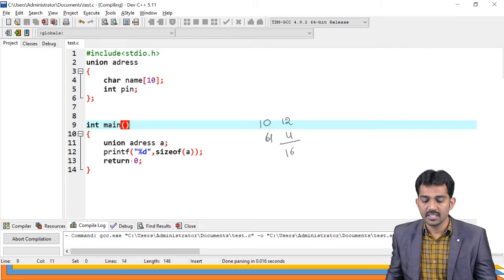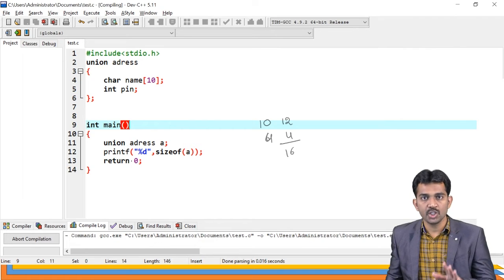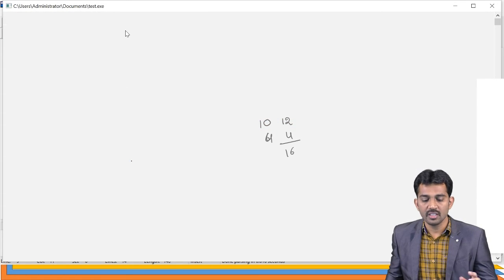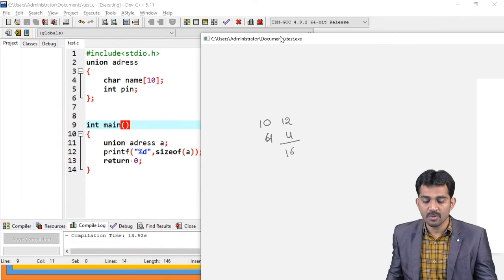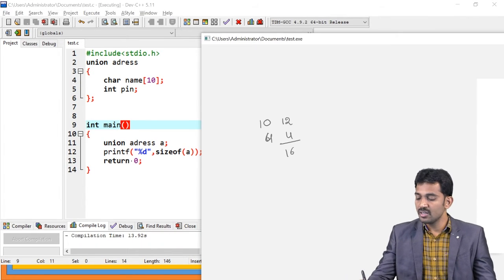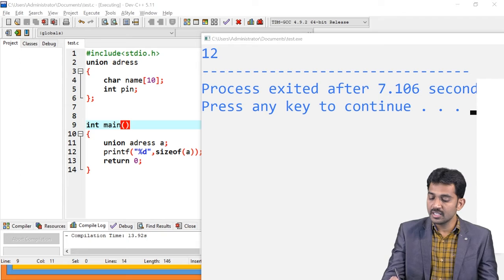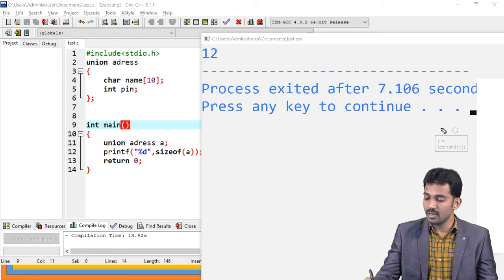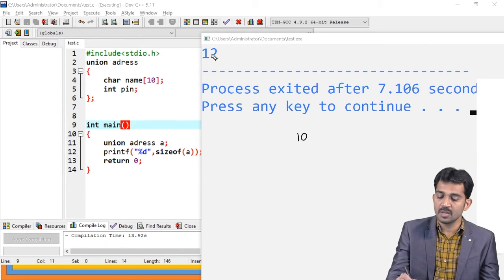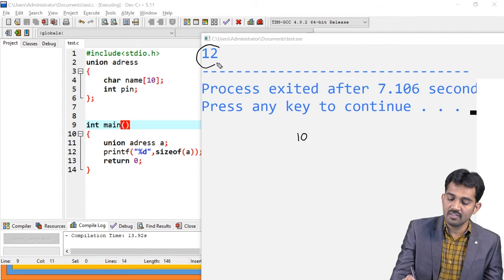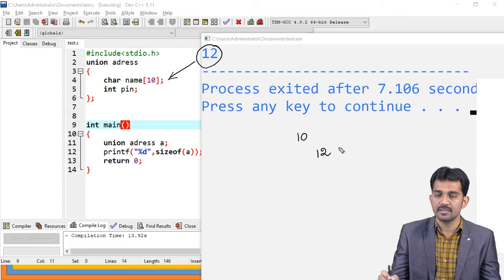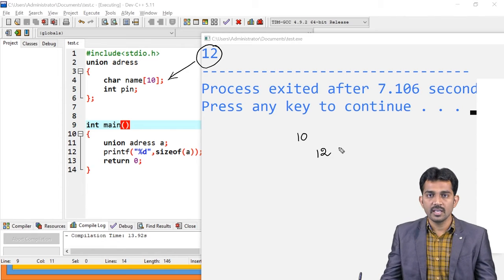This system is going to take 12 bytes, but no need to worry about that. Is this clear?